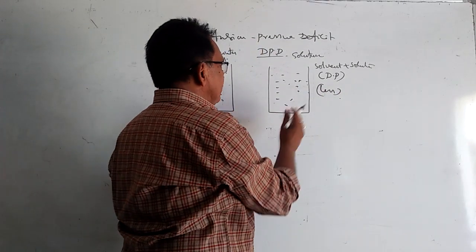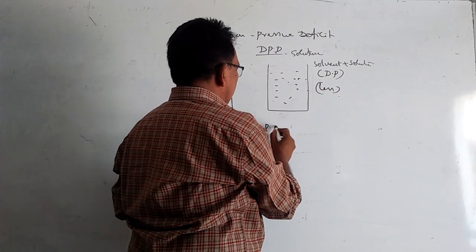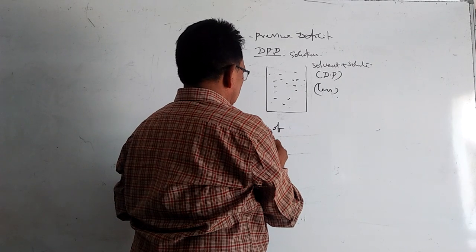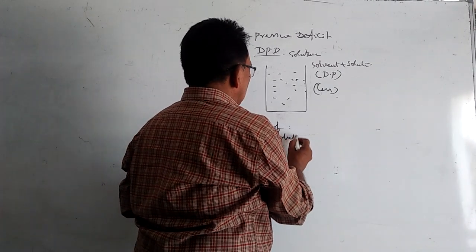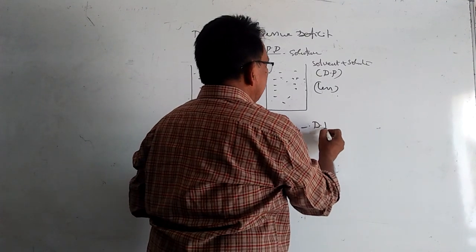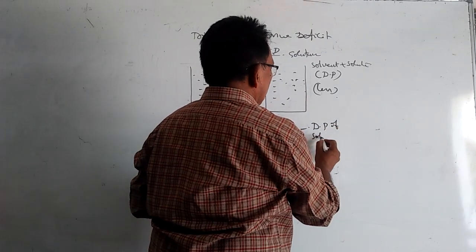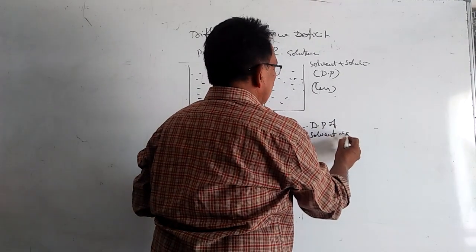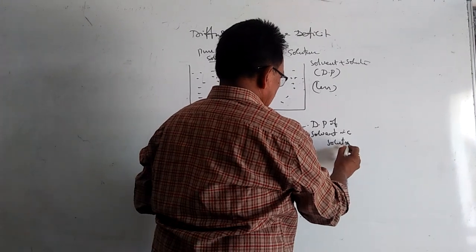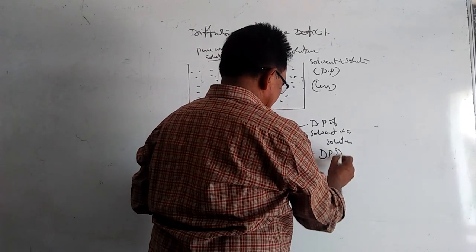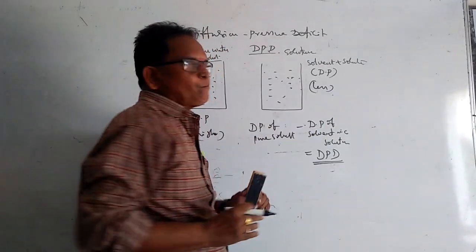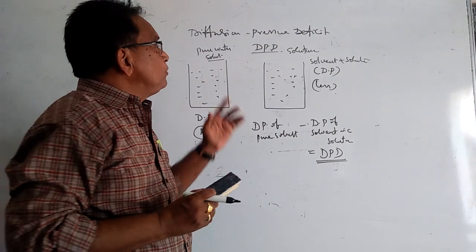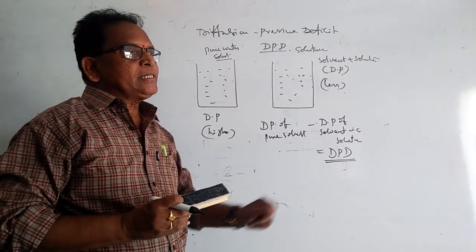So the difference between the diffusion pressure of pure solvent and the diffusion pressure of solvent in a solution is known as DPD. So to calculate the diffusion pressure deficit,